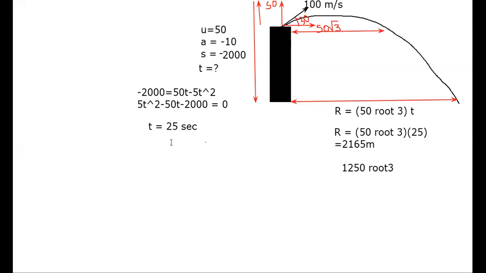You get in root terms, square root. Yes, so after solving the square root, it comes around 25.1 something. If I take 25, then the same time it will take to cover the same horizontal distance from the starting point. And horizontal, we know it is a uniform motion with a speed of 50 root 3. So if you know time, if you know speed, directly if you multiply, you will get the value of horizontal distance it covers. Okay, sir. Yeah, am I right? Yes, sir.